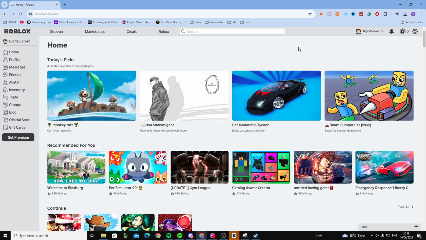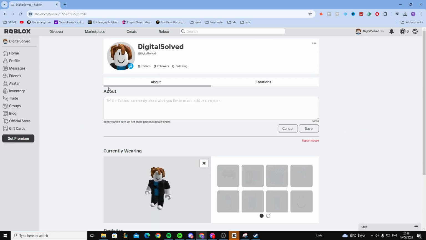In this video, I'll show you how you can change your display name on Roblox. Now first what you want to do is you want to head over to roblox.com, or you can open up the Roblox application. Now from in here you want to find profile. You can find that from clicking here, or you can go to the settings up here and press on profile. Now once you're in here, what you want to do is press